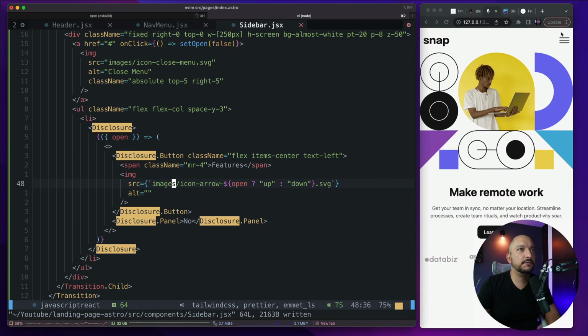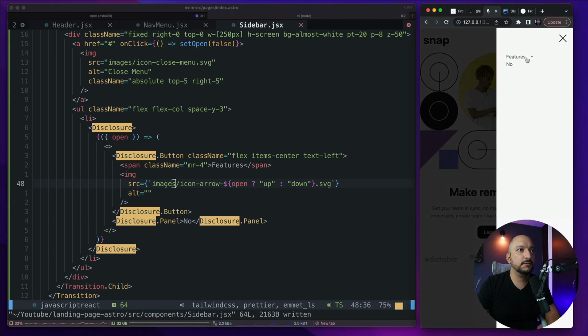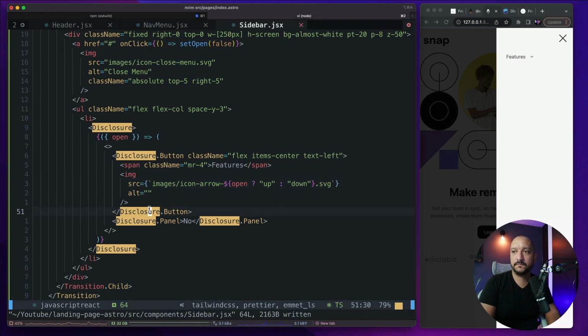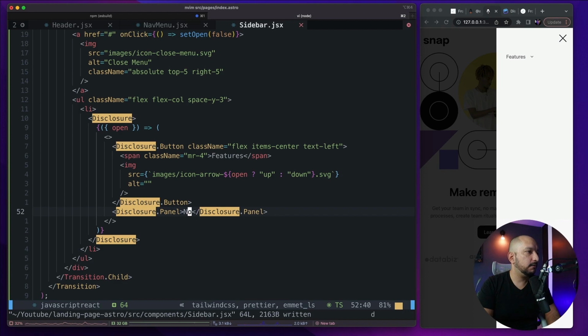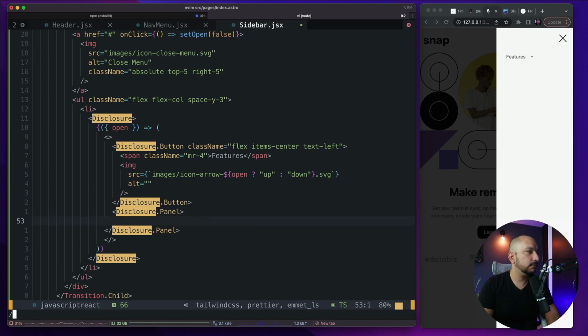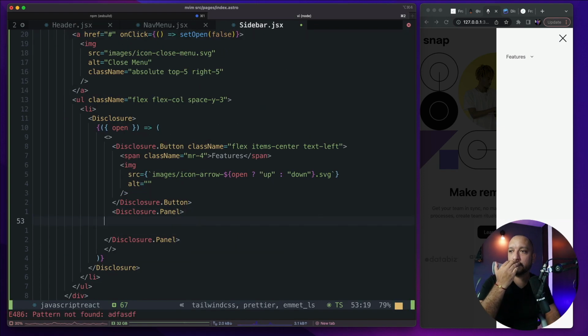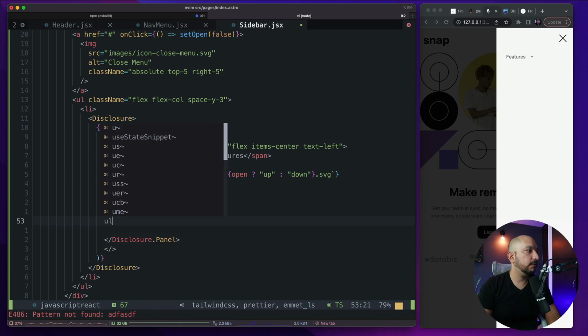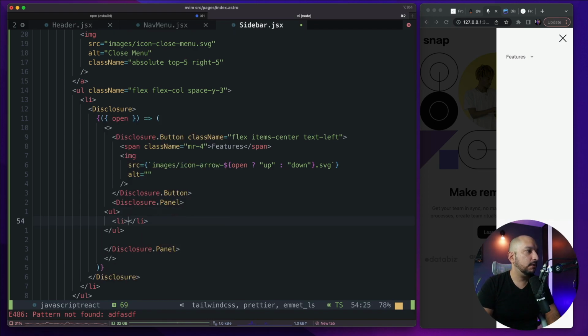So let's check it out. So we can see the icon changes based on the state of the accordion. So that looks good. So inside the panel, we want to have some other elements. Let's remove this highlighting. So we want to have a UL. And here we have a list of the different items. So this should have some